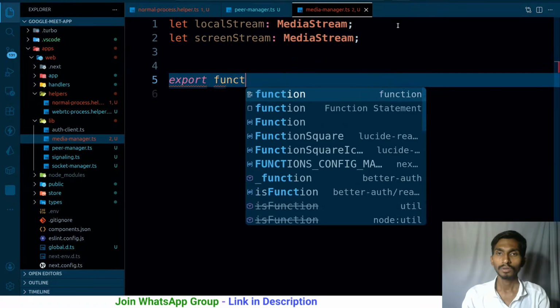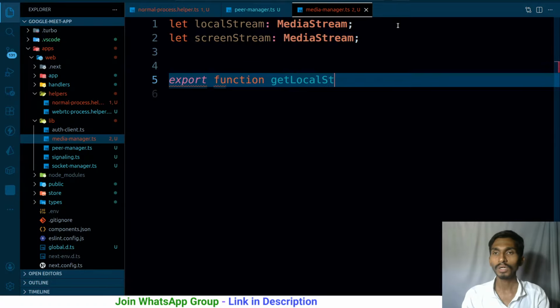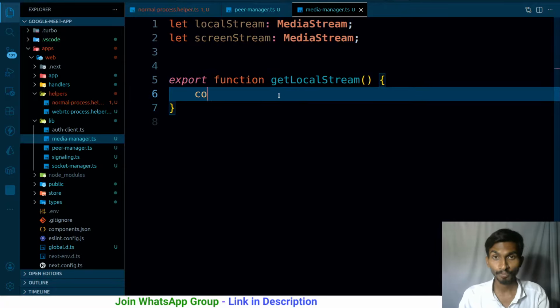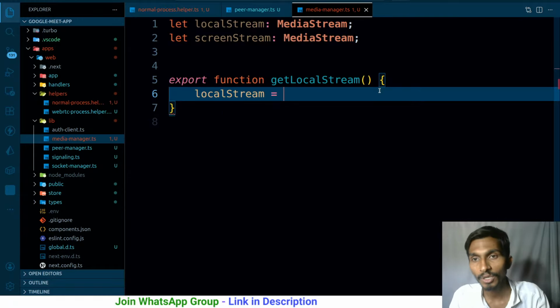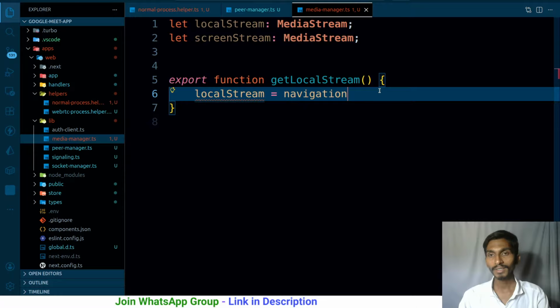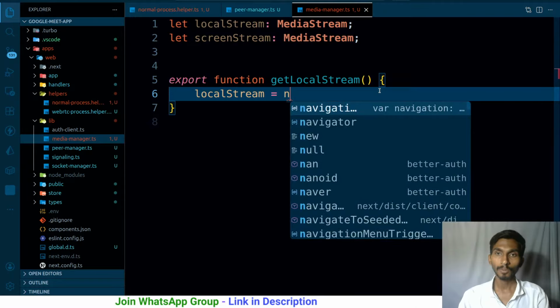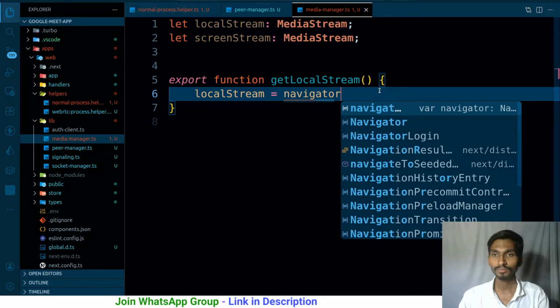Export function getLocalStream. This is going to be the function. What is the job of this function? Getting the local stream. How will you get the local stream? Great job. Not const, just localStream, because I already have it here. Local stream is going to be equal to what? Navigator. There is an object called navigator dot